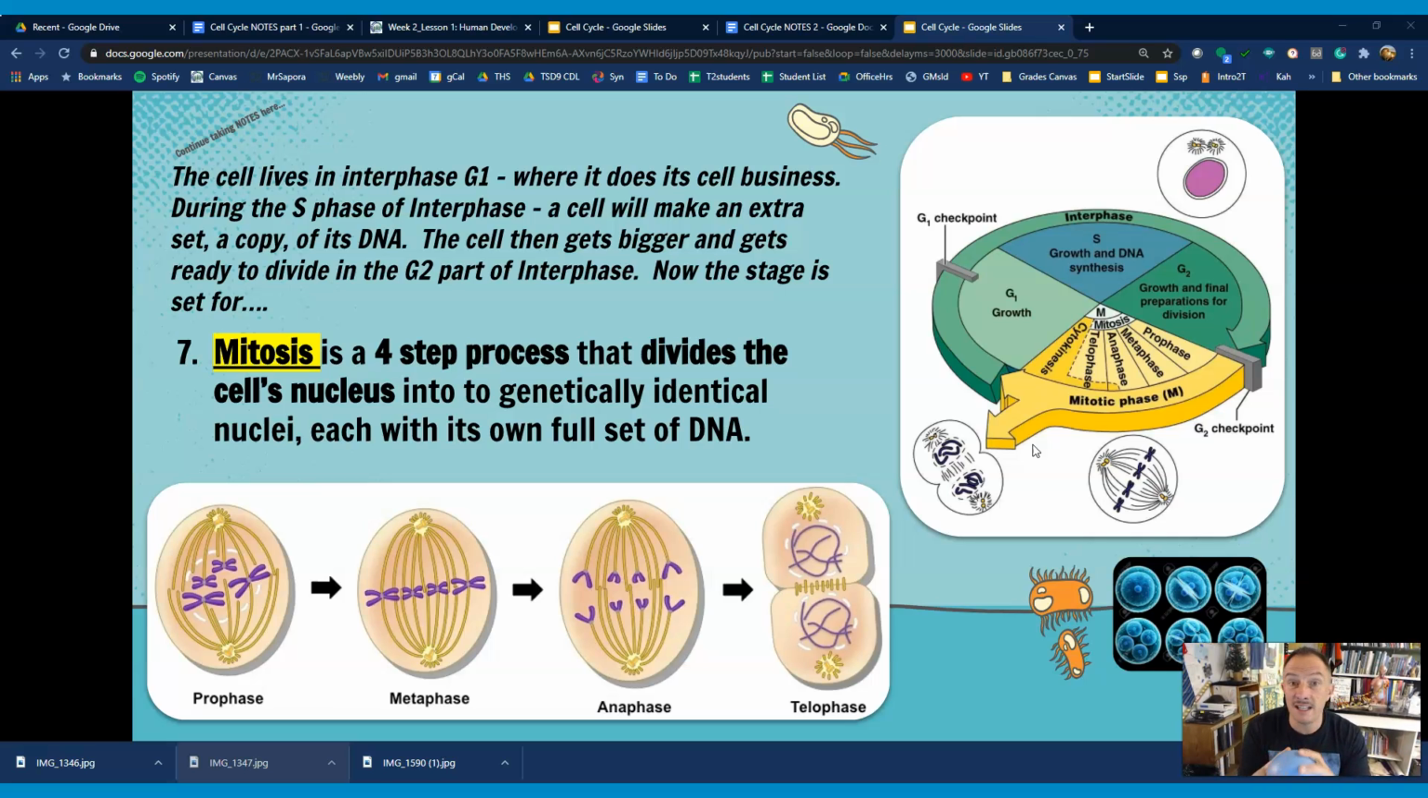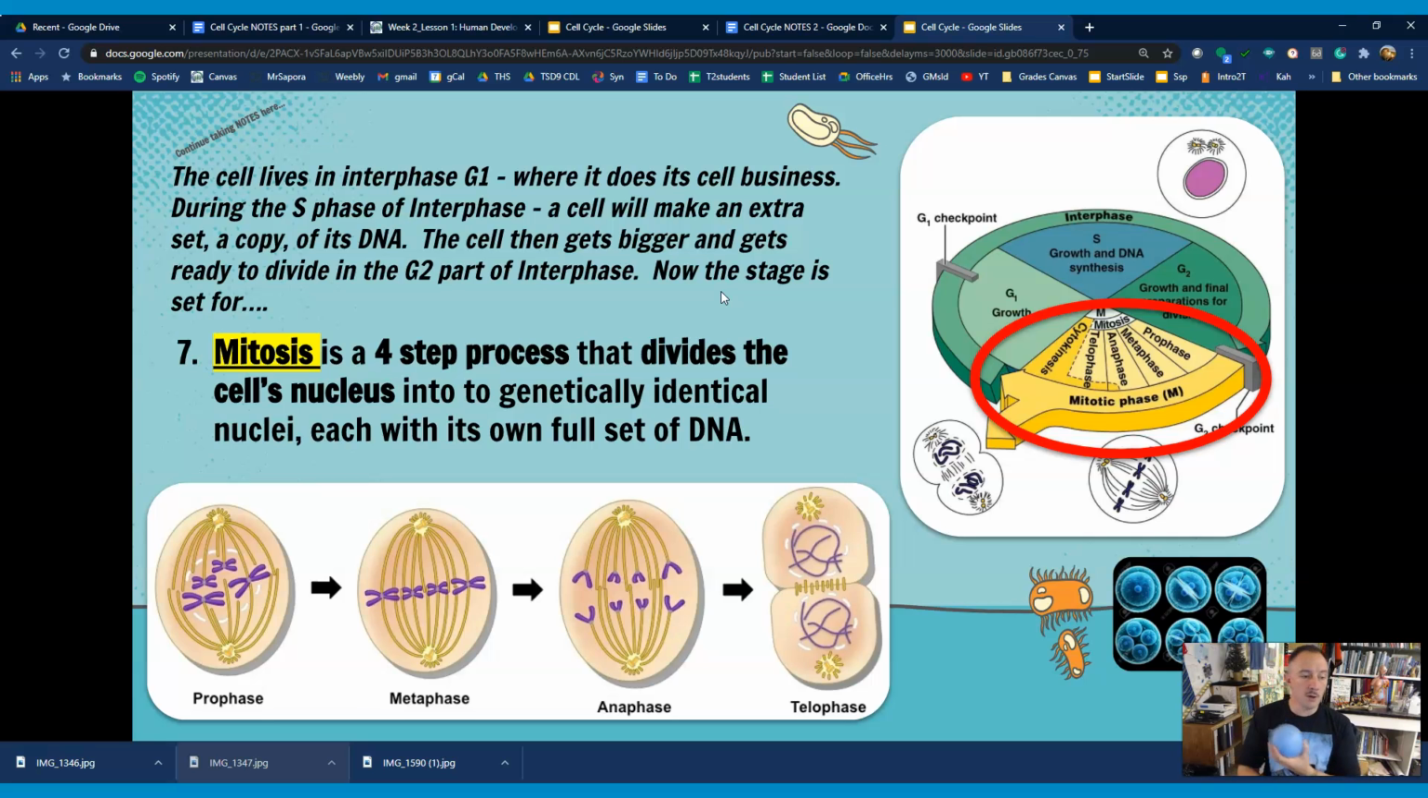So the cell lives in interphase. Interphase is this big green part up here, and this is where it does most of its cell business, like we talked about in that G1 phase. The S phase of interphase is where it replicates, making an extra set of that DNA. And then the cell gets bigger and starts getting ready for full-on cell division, cell reproduction, if you will. That is in that G2 phase, that last phase, where it's just enlarging and doubling up on its organelles and things like that. And now the stage is set for what we're going to talk about today,